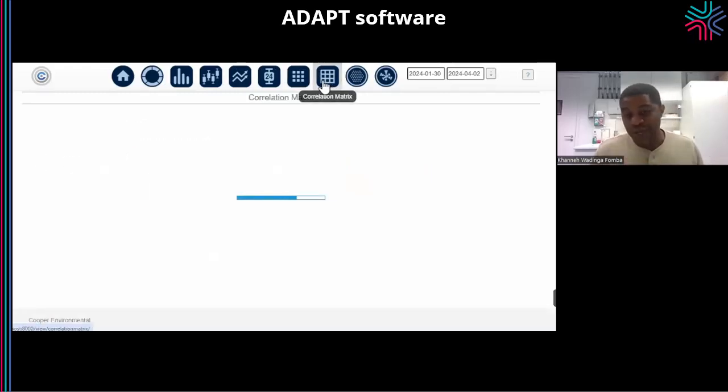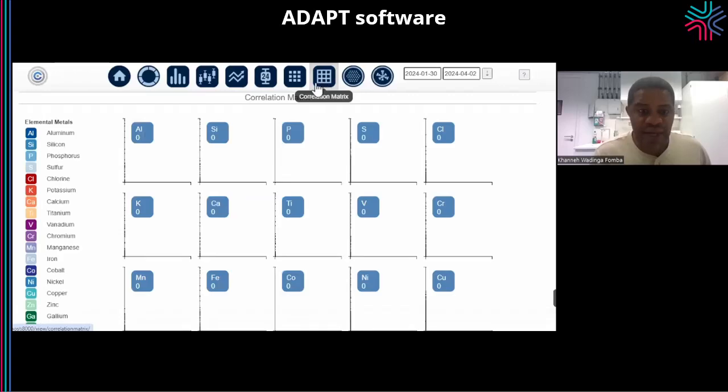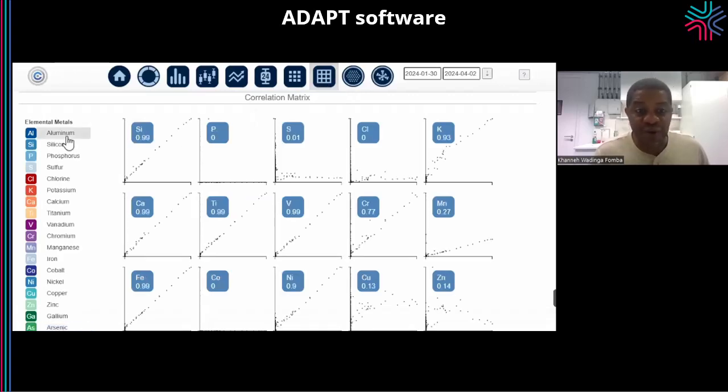You can look at correlation analysis between the elements. In this case, you can look, for instance, at aluminum. How does it correlate with the other elements? You see very nice correlations. The good advantage with this software is that it gives you very good quick looks. So it tells you for this time period, there was a correlation or not. But to make better plots, you need to export the data to different software.